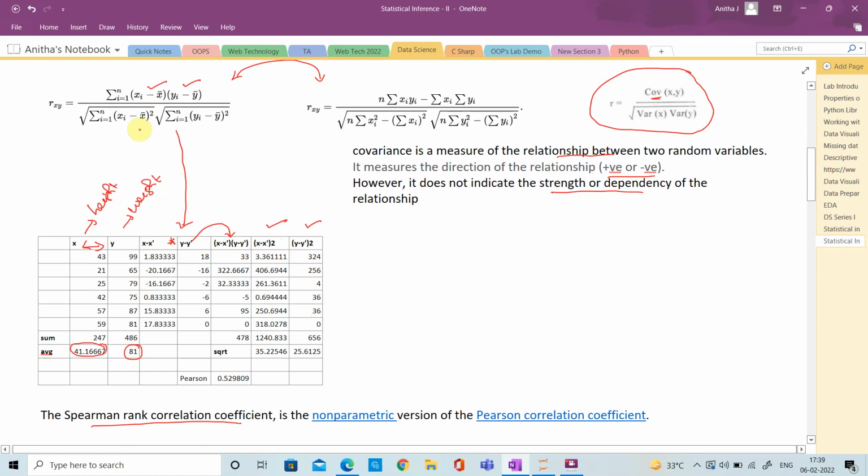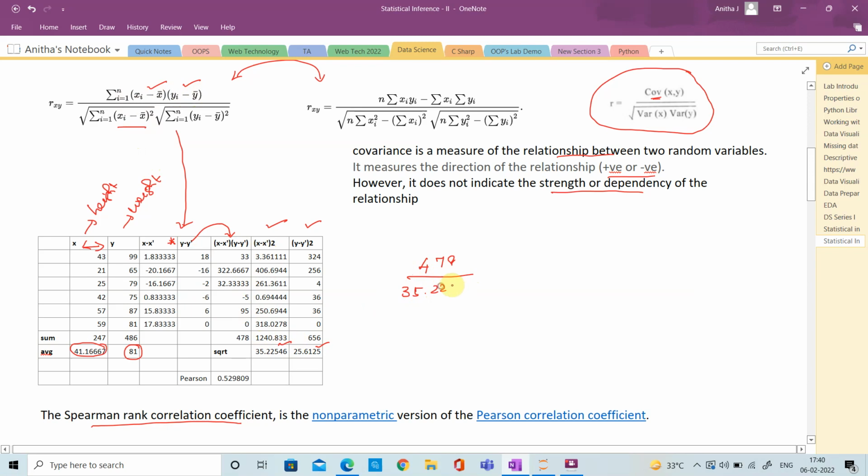And once it is done, for this x minus x bar the whole square, we need to calculate the square root, and the summation of that you need to calculate the square root, that is your standard deviation of this. And like that, for this yi minus y dash, the square root, we need to calculate the standard deviation. And after doing that, we need to apply in the formula. So we have xi minus x bar, yi minus y bar, the summation. So that value is 478 divided by the square root of this xi minus x bar the whole square,